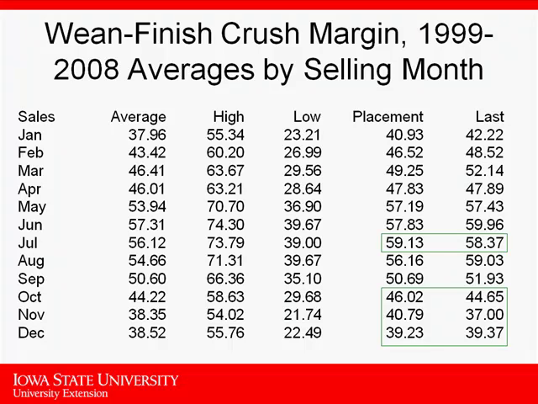Summer month, you never have to do anything because it always takes care of itself, right? Except if you'd made the decision at placement, it ended up higher on average than doing nothing. If you look at the fourth quarter, October, November, December, placement averaged higher than the cash market. If you just hit the average on the crush, it did as well or better than doing nothing, let alone where some of the opportunities lie. And again, this table in the paper is on the website.